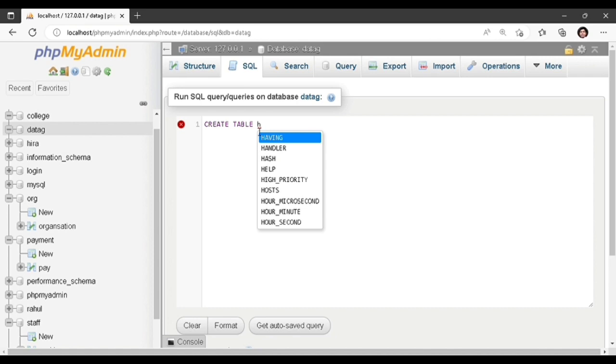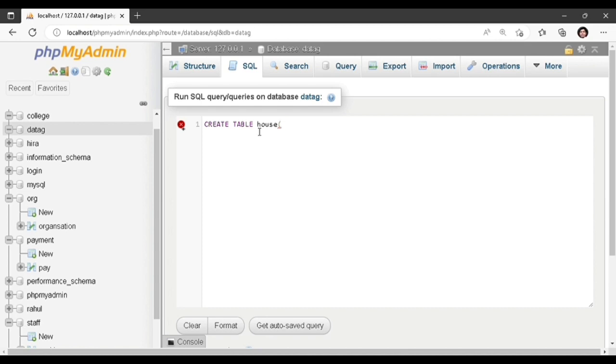You can have any name, whatever you want to tag, like house. Okay, so this is the name of the table. And after that you need to take a parenthesis, and inside the parenthesis you need to define